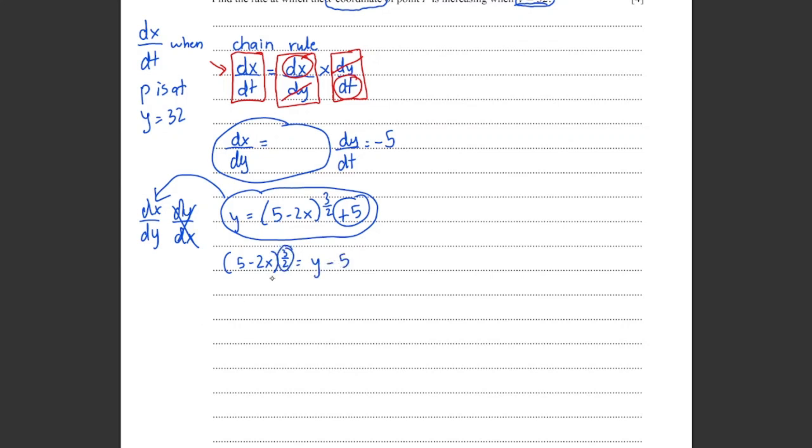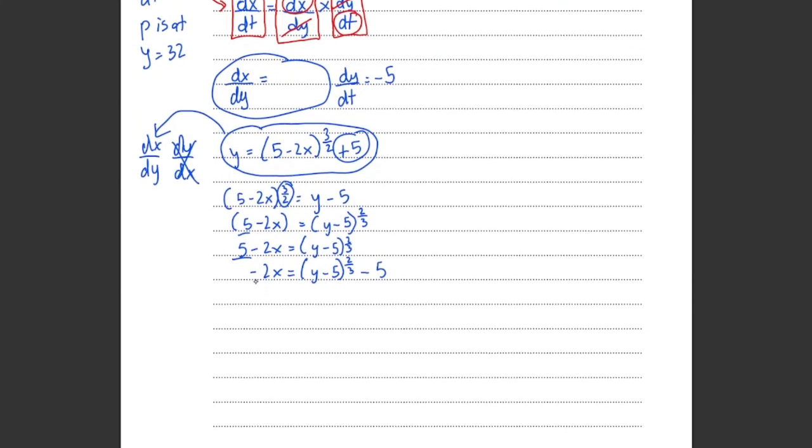And then I'm going to get rid of this power. So this is going to be 5 minus 2x equals y minus 5, and the power is going to change to 2 by 3. And then I'm basically left with this 5. So I am going to have 5 minus 2x equals y minus 5 to the power 2 by 3. So I just send this 5 over there to the other side. So I'm going to have y minus 5 to the power 2 over 3,